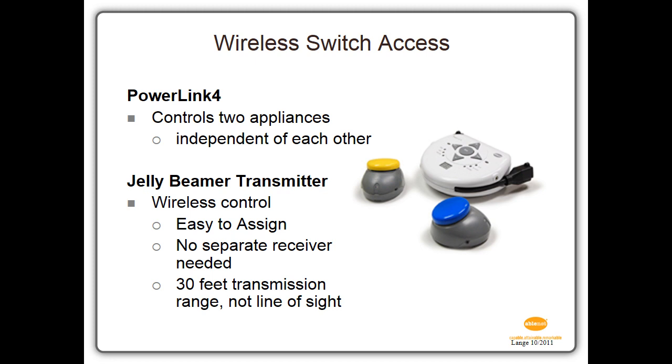We also have a count for data collection, and then there's a 2 switch, which means that you have to activate or depress both switches at the same time for whatever appliances that you have plugged in. So if you had 2 lights plugged in, they would not activate unless you had both switches activated at the same time. Another piece here is that you notice you're seeing that you have 2 transmitters,